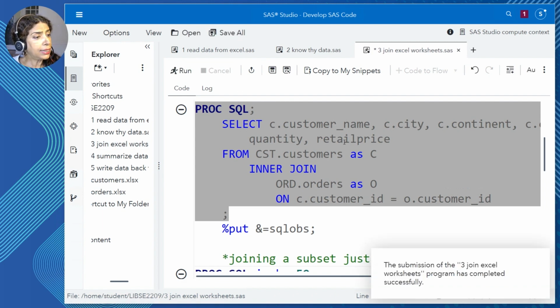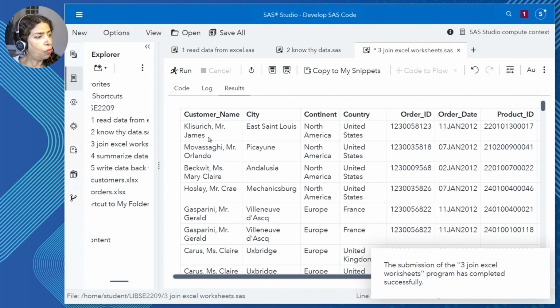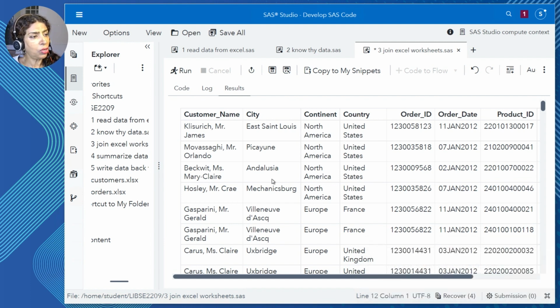The joining is happening and voila! What we've done here is joined two Excel worksheets together in SAS without ever leaving the comfort of your Studio environment in SAS Viya. So I've got here information about customers and orders. That was the whole purpose.